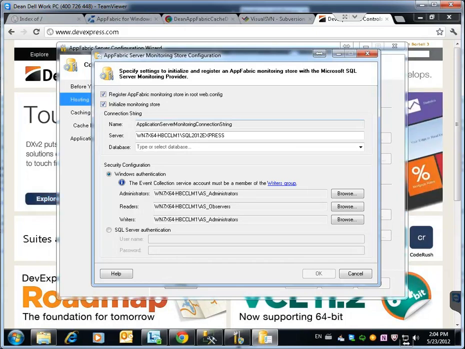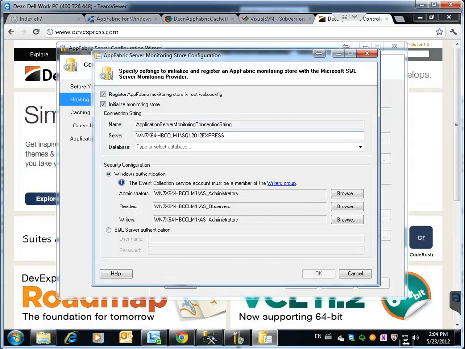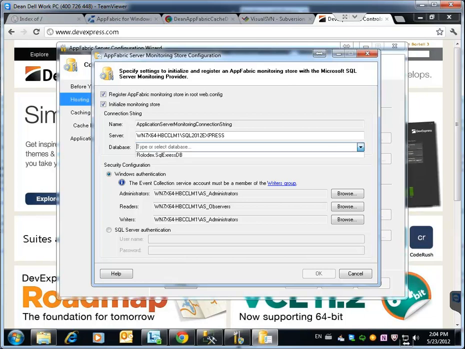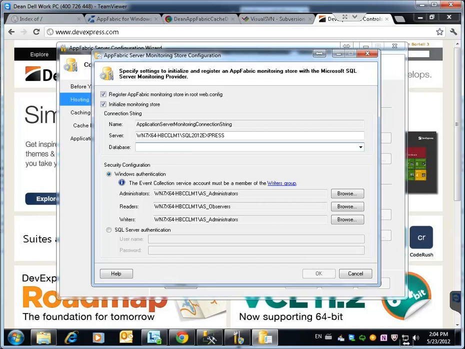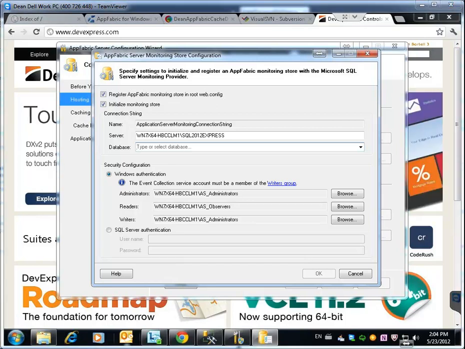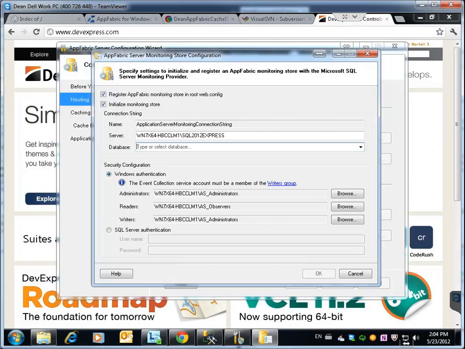Here, I think it's picked up my local machine, and if I click the drop down, I believe you're going to see the Rolodex. It's the only one that was on there. But what's cool is I can go in here and type a database name. Now the database name I'm going to create is the one just like I did at the lab at home. And since we're dealing here with the monitoring store, I just call it AppFabric